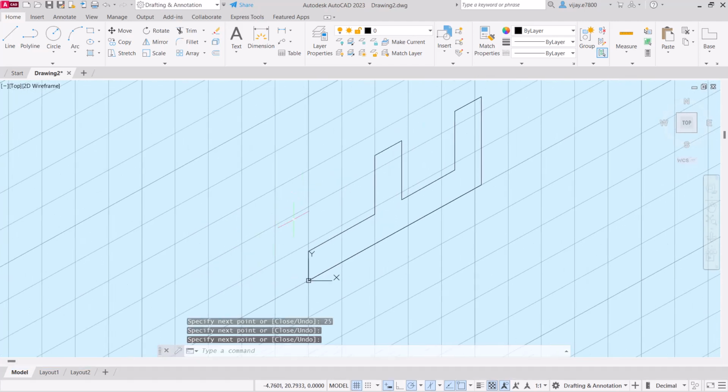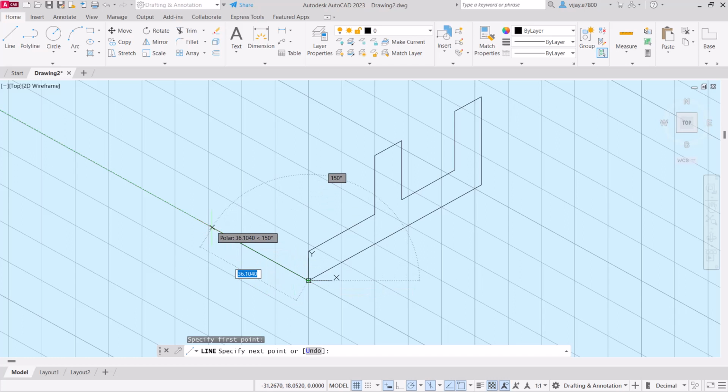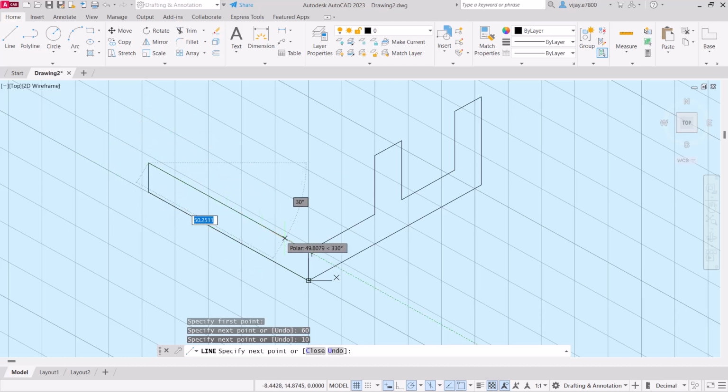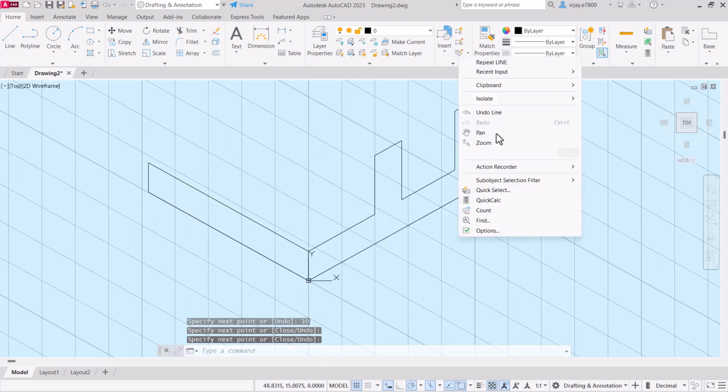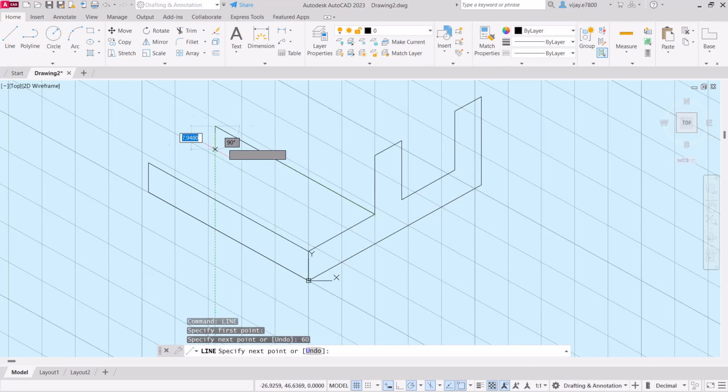Now we need to shift to the left side. So what we are going to do is shift this isoplane to isoplane left, select line again, start from the same origin or center point, then draw a line of 60 units. This height should be 10, then join it with the upper corner, press enter. Now repeat the line command for this particular portion. You need to draw a line of 60 units, press enter